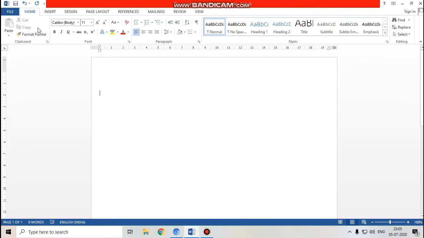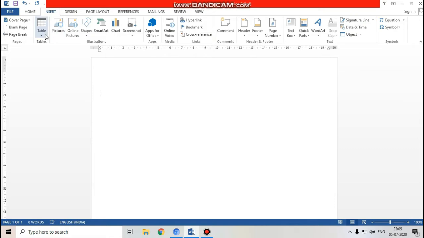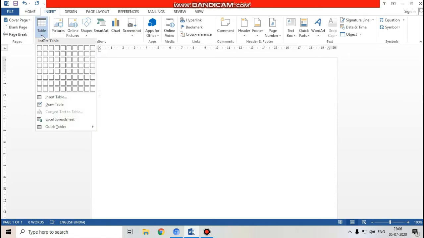Here we are going to discuss the table. What does it do, and why do we use a table? In the very beginning, I will tell you how to insert a table. For inserting a table, you have to click on the Insert tab. Be careful: most of the objects you can insert in your document are inside the Insert tab. So first click on the Insert tab, then click on the Table button.